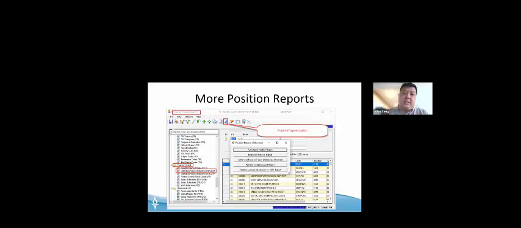Then no questions. I'm going to move on to these other position reports. I don't think these reports are as well known either. If you want general position reports, you can go into the master files and under HR code maintenance 2, you'll see this paper with a pencil icon, and that's the position reports button. When you hit that, you'll see a list of